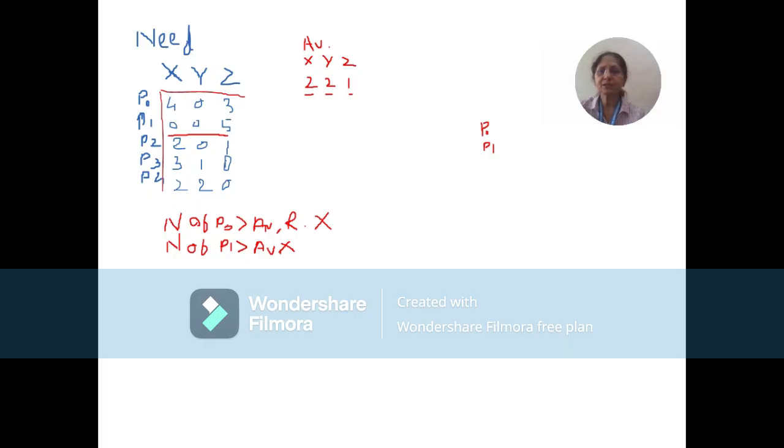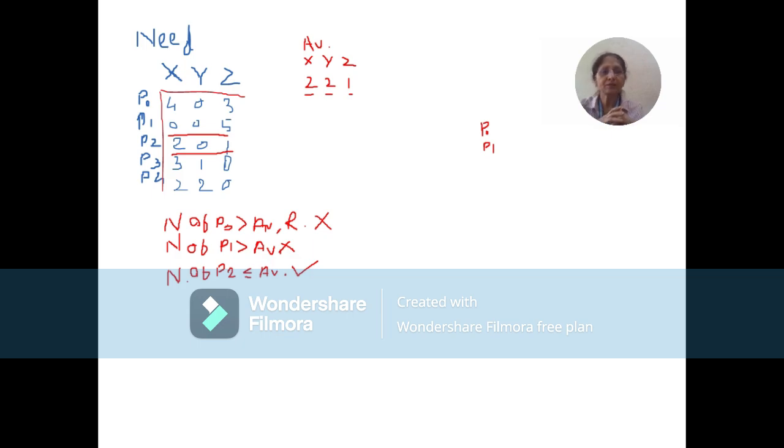Let's move to the next process. Which is the next process? The next process is P2. What is the need of P2? X2, Y0 and Z1. What is available? X2, yes, we have Y2, and Z1. So that means the need of P2 is less than or equal to the available vector content, and that's why we can grant the request for P2. So let's write that: the need of P2 is less than or equal to available, and what do we do for that? The request is granted.